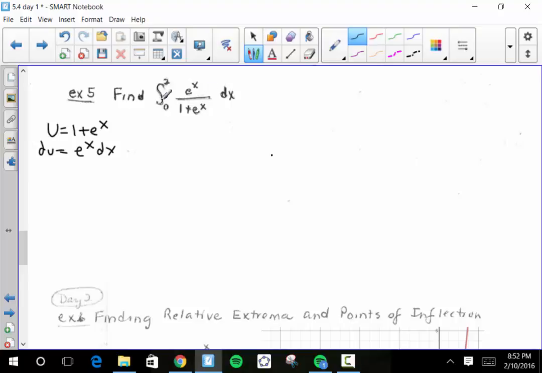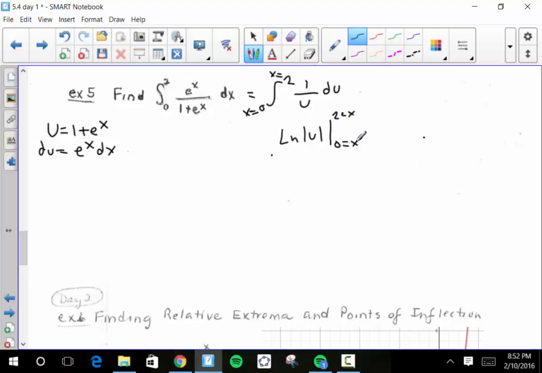So now we have everything we need to rewrite this. This is equal to the integral from 0 to 2 of 1 over u du. And we learned last week that the antiderivative of 1 over u is natural log of the absolute value of u. Oh, remember guys, this is x equals. Don't forget that. Sometimes I forget that. And we're going to integrate that from 0 to 2, but those are both equal to